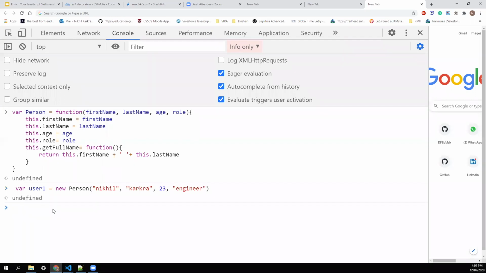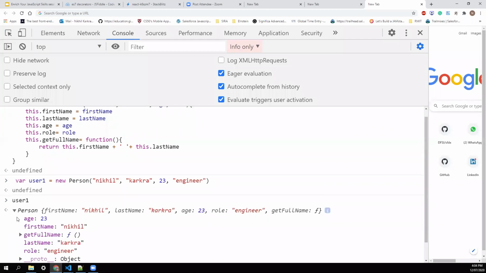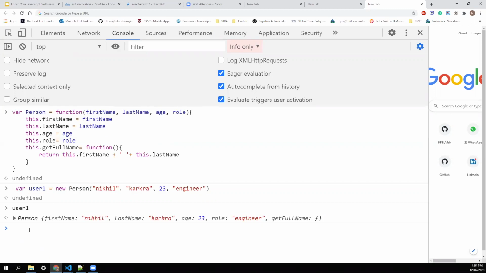This is the easiest way to create different types of persons. We call this an instance or an object as well. Similarly, you can create user2, and likewise you can create any number of users you want with the same signature, the same prototype. Here prototype means the same signature, a blueprint.